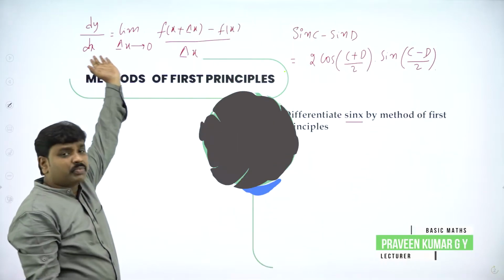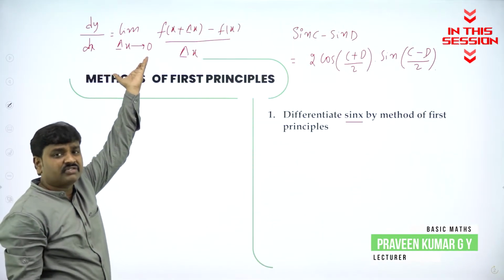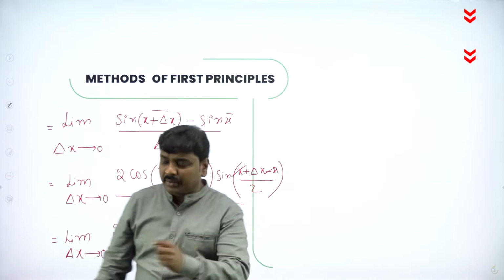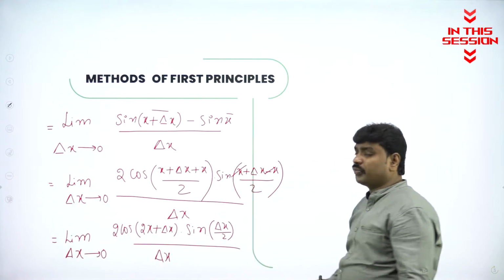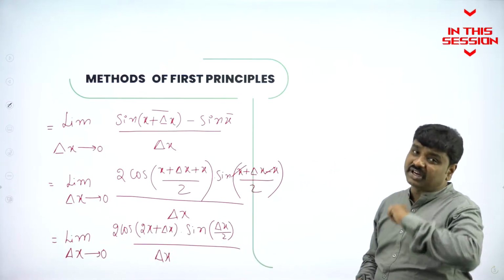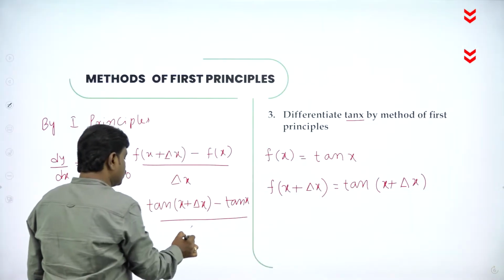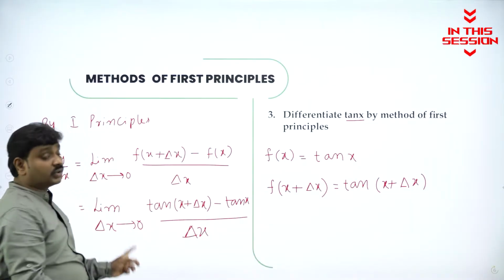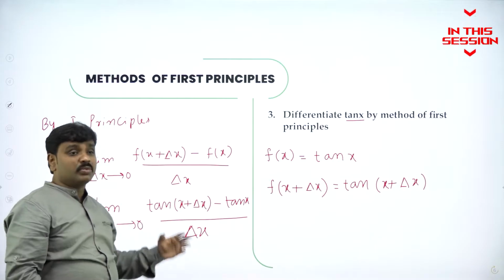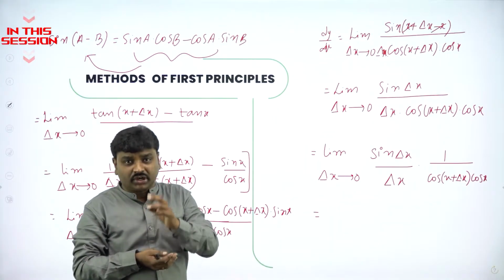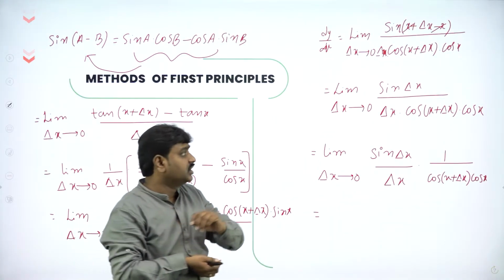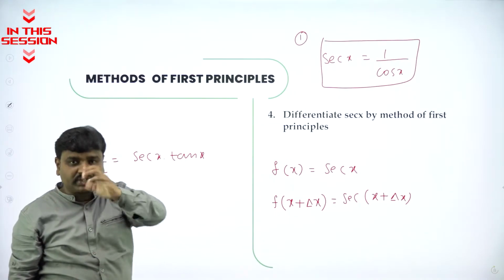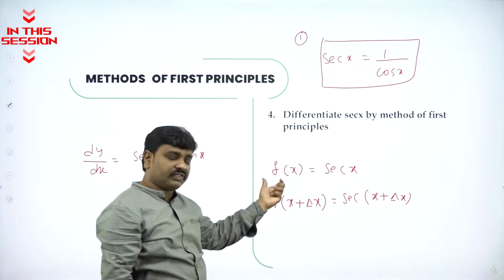So for every problem we have to use the same format, that is method of first principles. Now we need to apply limit. If you have a product of two functions, you can apply limit separately for each function. Again, my dear students, in the place of delta x, suppose you try putting 0, it will become 0 by 0. If you have a product of two functions, I taught you, you can apply limit for each function. Derivative of secant x gives you secant into tan, and to differentiate secant, take f of x as secant.